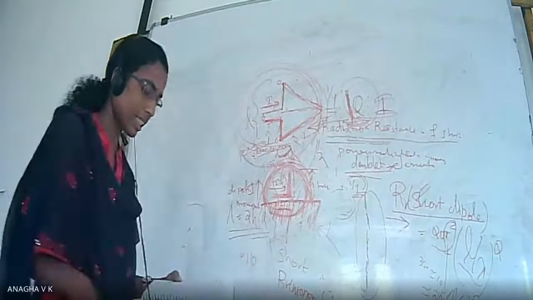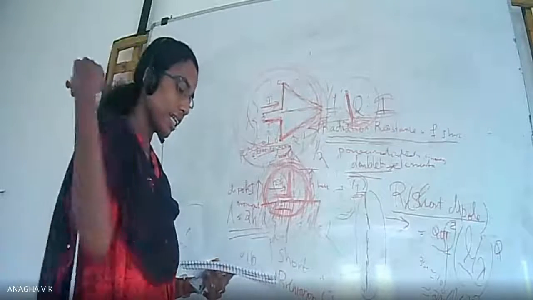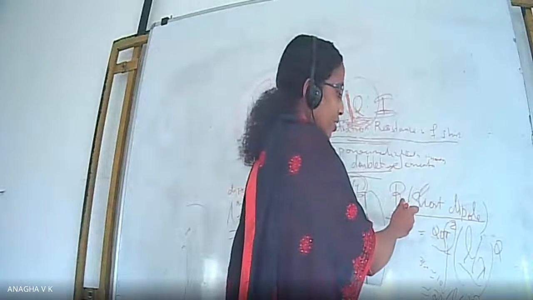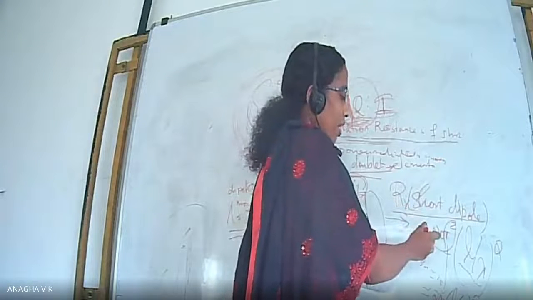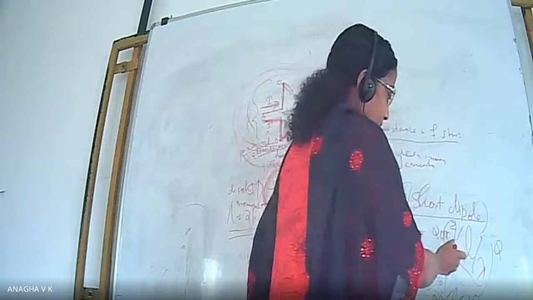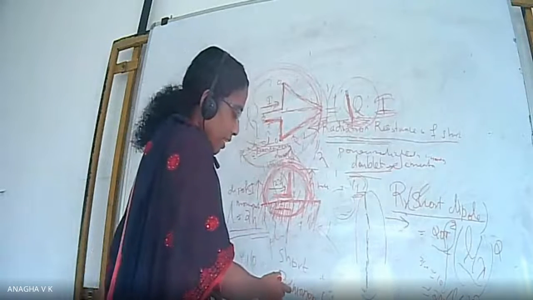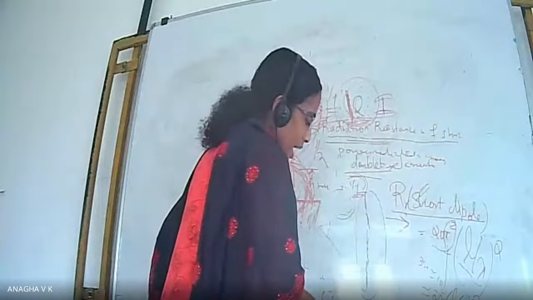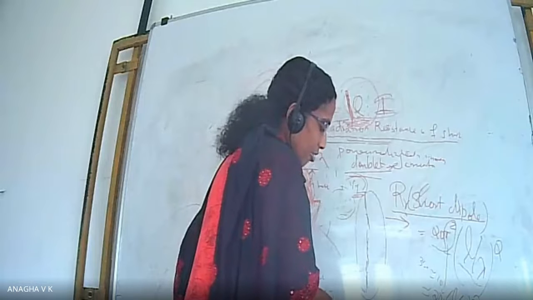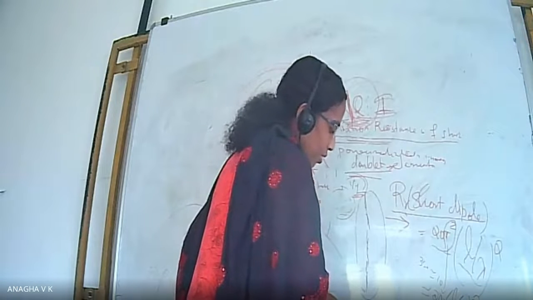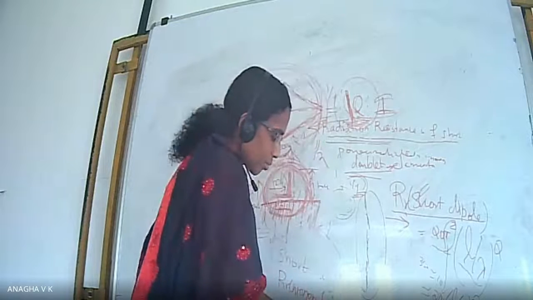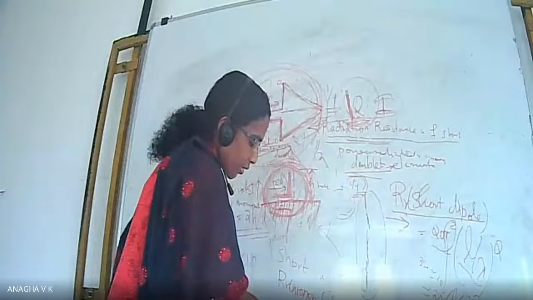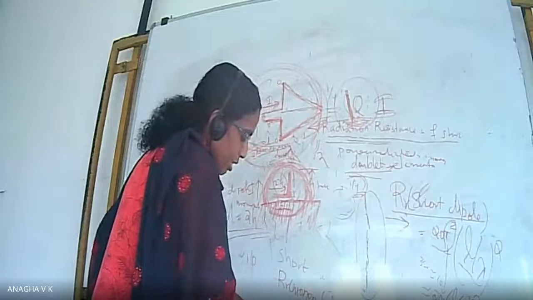So what is the radiation resistance of the monopole? The radiation resistance of the monopole is nothing but half of the radiation resistance of the short dipole. The short dipole was 20 pi square L by lambda square. So the monopole radiation resistance is 10 pi square L by lambda whole square. L is twice the length of the monopole, so 2 into h. So h by lambda whole square we got. 2 square means 4, taken outside, 40 pi square. Pi is 3.14, so approximated as 10.